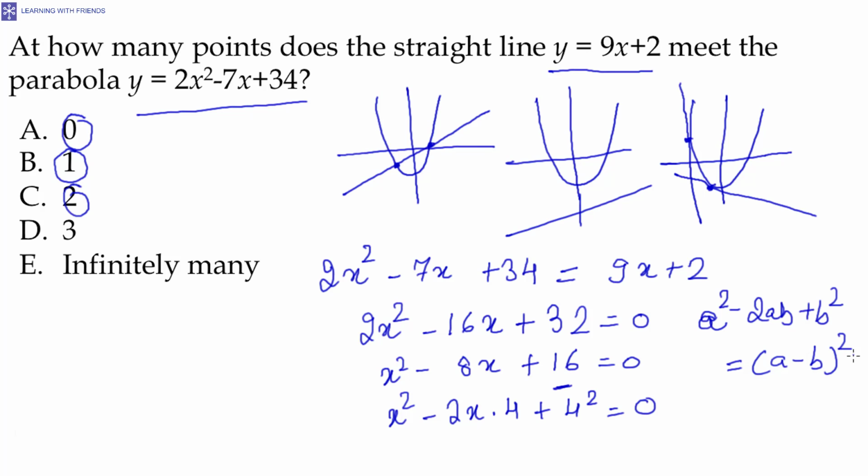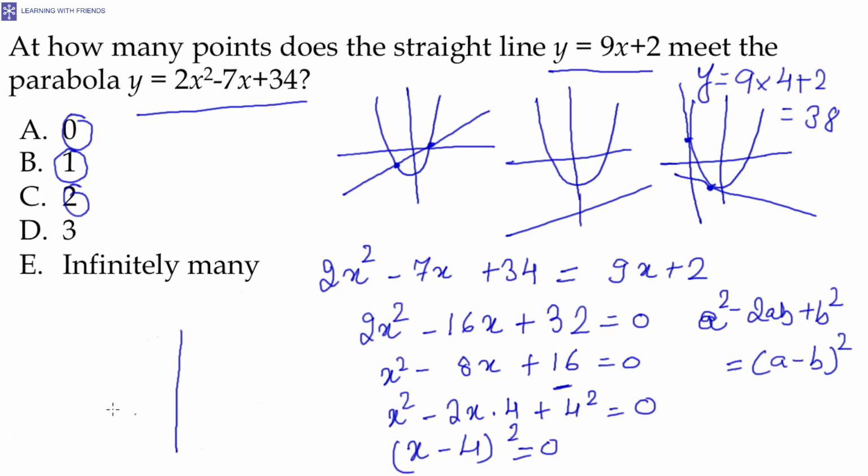So this equation is in that form. We notice that it is x minus 4 the whole squared is 0. If this was my coordinate axis and if this was 0.4, and I'm following a different scale on the y-axis and this is 0.38, and if this is the point (4, 38),